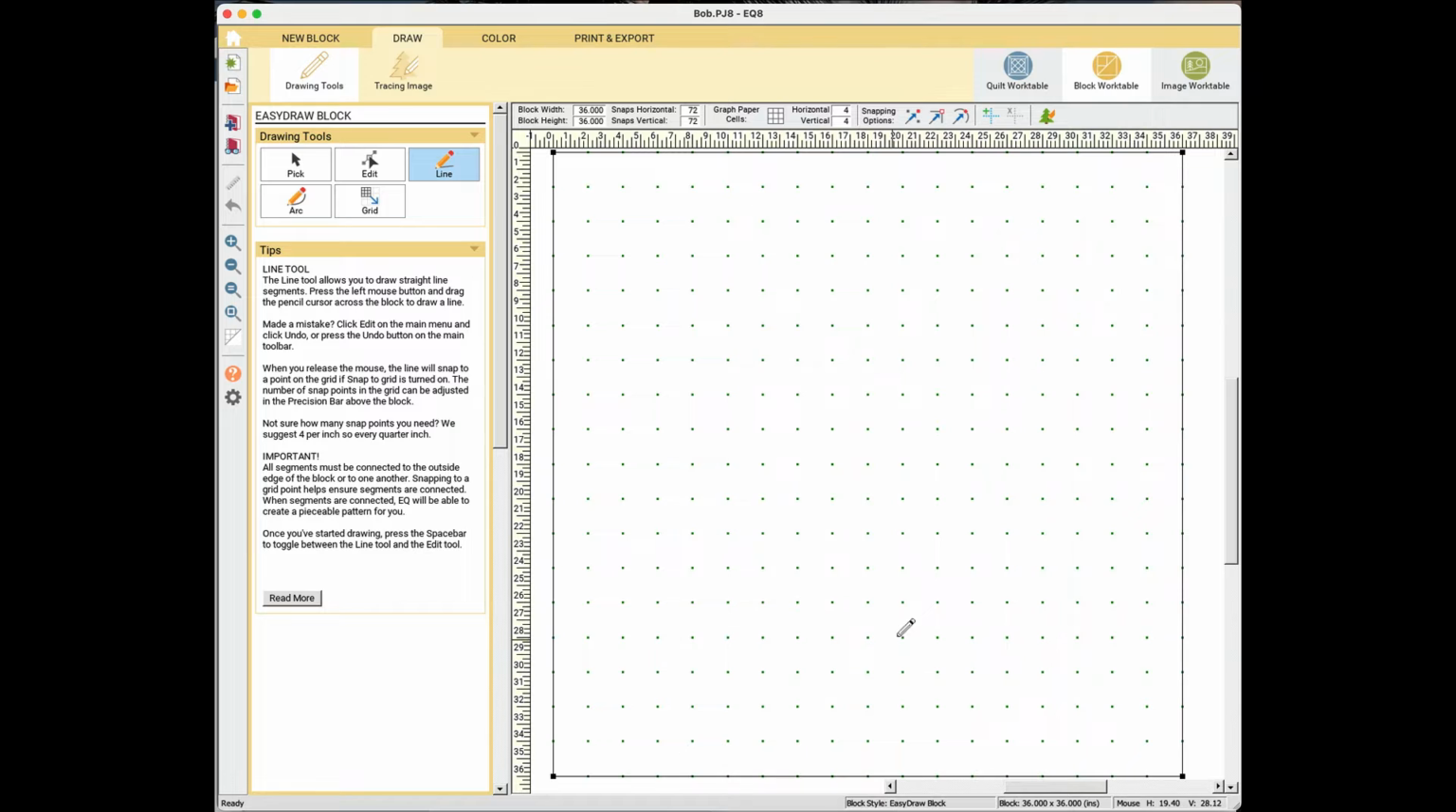If we're drawing a block, we're on this page, we see our grids. We know our tools at this point, so pick, edit, line, arc I barely mess with, and grid I really don't mess with. So when you're doing foundation paper piecing, you're pretty much always going to use the same tools. It's only when you get into applique or traditional piecing that you might use other tools. But let's say we have drawn a block, so I'm going to very quickly draw a block here. And then we'll talk about how to color it, how to turn that into a quilt, and how to print